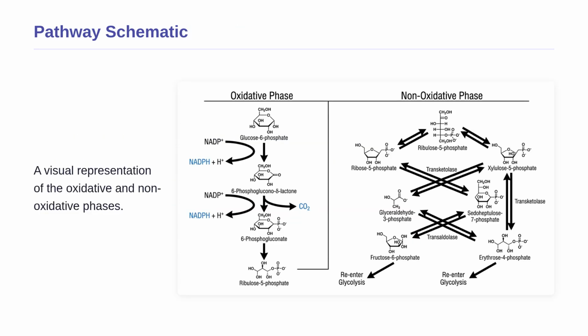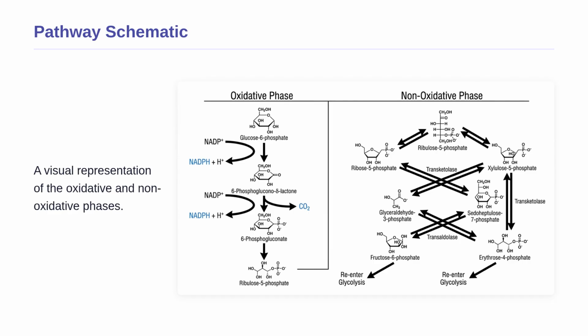Now that we have calculated the costs and yields, let us look at the entire pathway visually. On the left side of this schematic, you can see the irreversible oxidative phase. Notice the starting molecule, glucose 6-phosphate, and follow the arrows downward. You can clearly see the crucial moments where NADP+ is converted into our protective NADPH, alongside the release of carbon dioxide. This leads us to ribulose